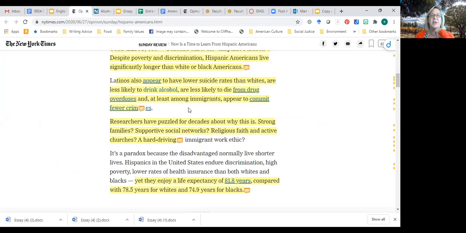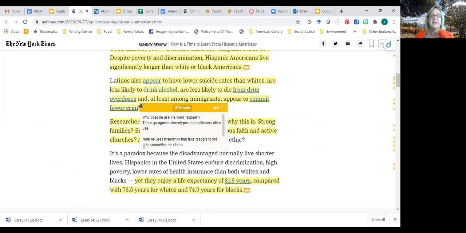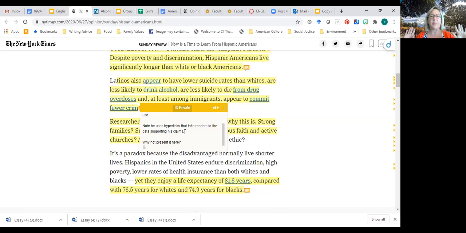And here was my note that I wrote: these go against stereotypes that politicians have, and that he uses hyperlinks to take his readers to data supporting his claims. Why doesn't he provide all of that very detailed evidence right here? Why do you think he doesn't add that?